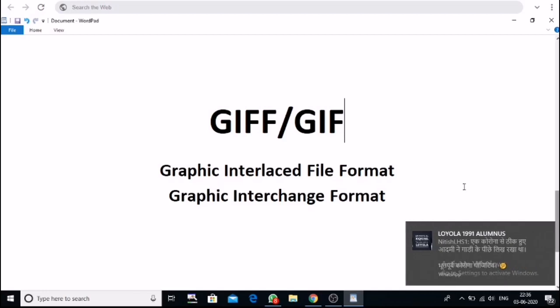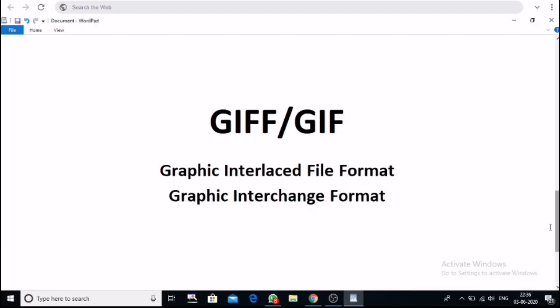What is the specification of the GIF format? What is the advantage of the GIF format? The advantage of the GIF format is that, one, it is lightweight. Second, it supports animation. We can save the file in GIF format.